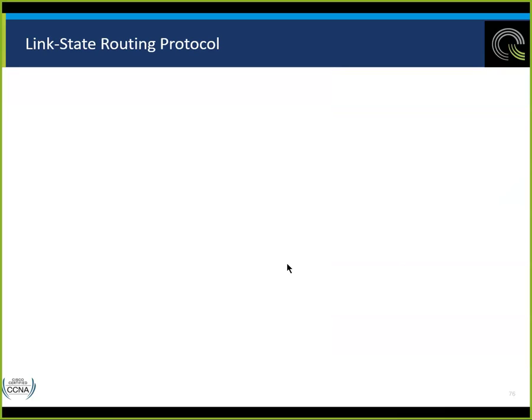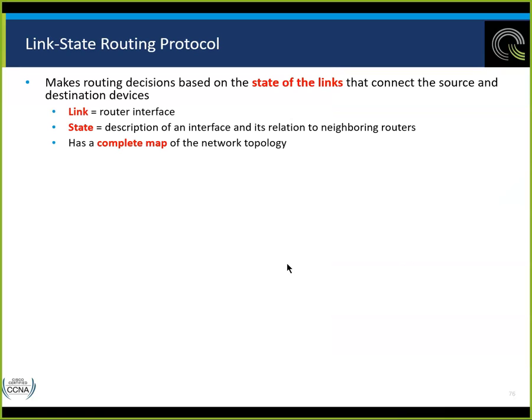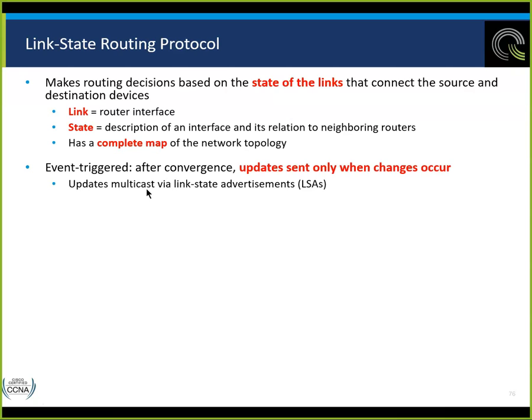So we have pre-conversion for the link state protocols makes routing decisions based on the state of the links. The links are the interfaces, and the states, whether they're up or not, what they're running. The state is a description of an interface and its relation to the neighbors. The link is the router interface when we do these things, and they're going to create a complete map of the network topology, and using that complete map of the network topology, they will calculate the best paths to get